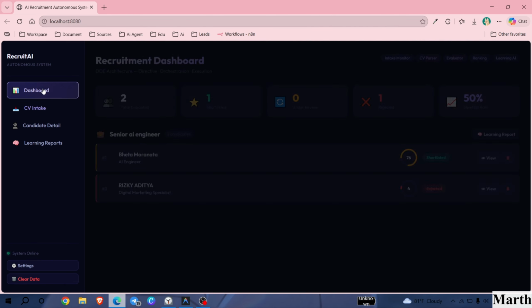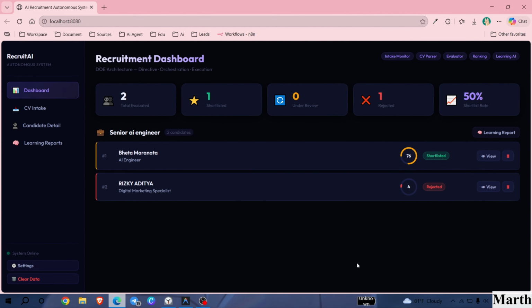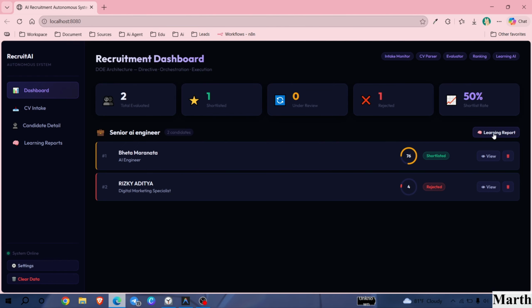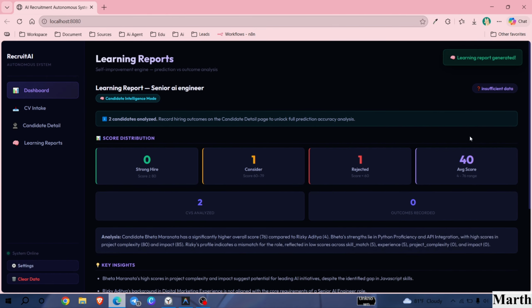Okay, perfect. So let's see the dashboard. We can see the total evaluated candidates is 2, shortlisted 1, under review 0, and rejected 1. The shortlist rate is 50%. We have all of this data. And if we want to see the learning report, we just click here. Basically, this data and information is fuel to make this AI stronger, better, and smarter.